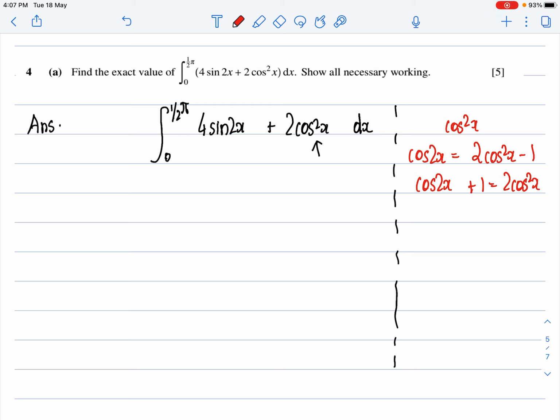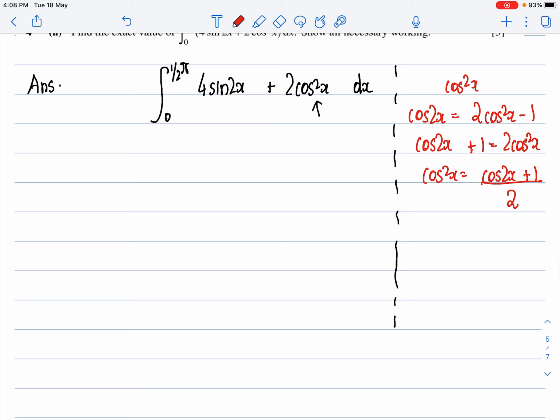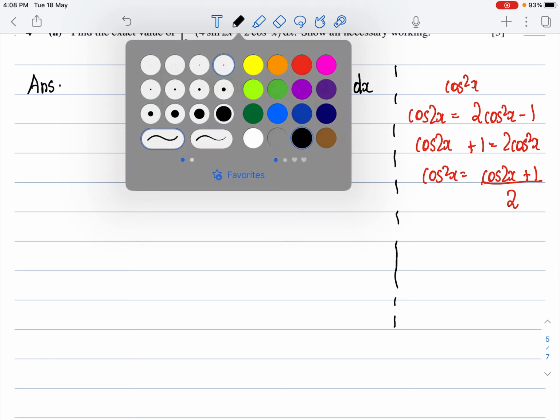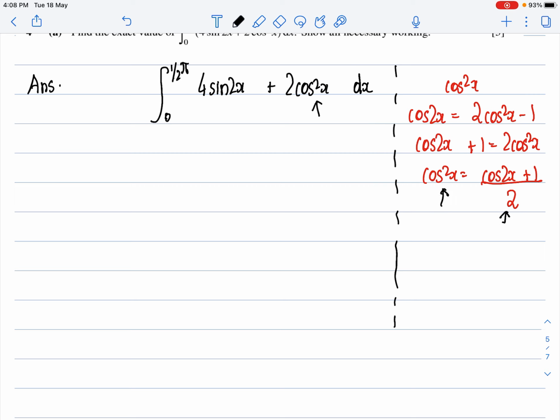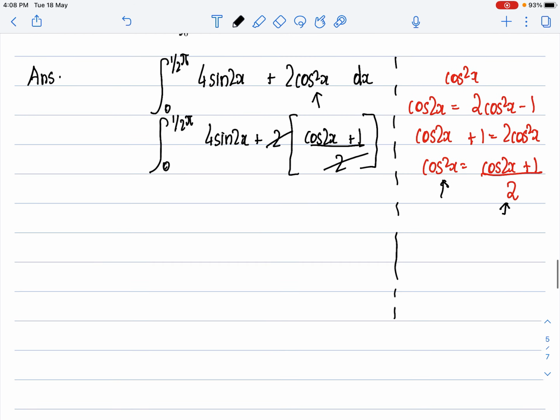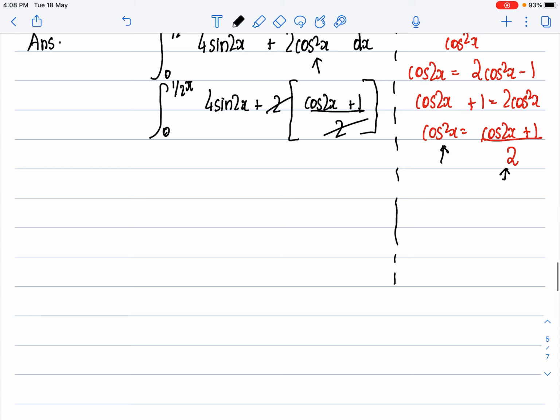Got it? So now I can write cos square x basically as cos 2x plus 1 over 2. So now I know cos square x is equal to this. Now in this integration question, instead of cos square x, I'll substitute cos 2x plus 1 over 2. So now I can simply cancel the 2 here. Got it? So I can write this basically as,